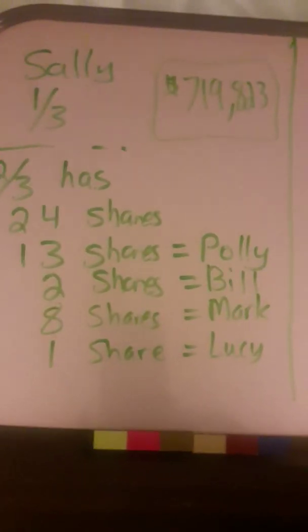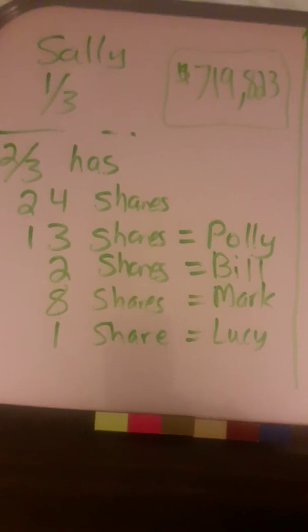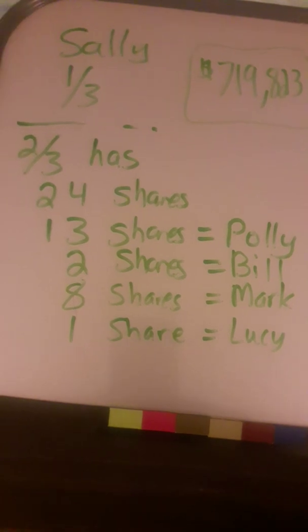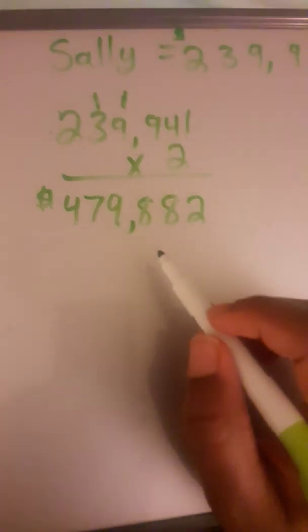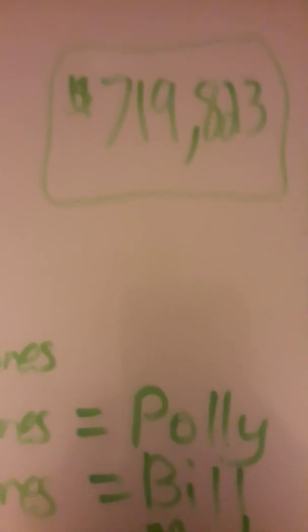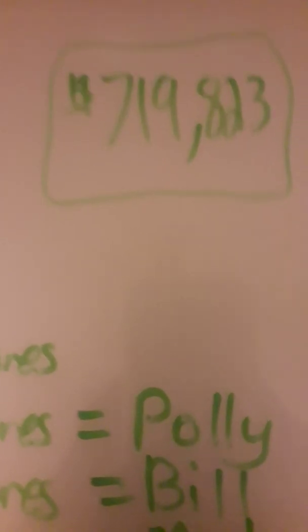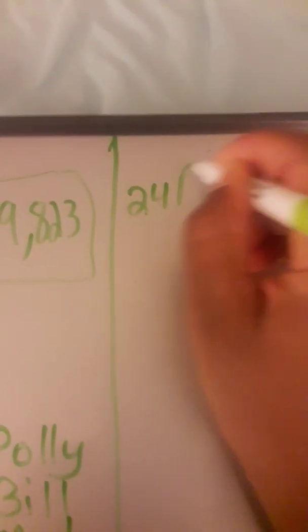But remember, it's not just one investor. There are 24 shares that the money has to be divided into. So we have to do another long division problem, and we have to divide that $479,882 by 24. So we'll write that problem out and work on it. So now we're going to write 24 divided by